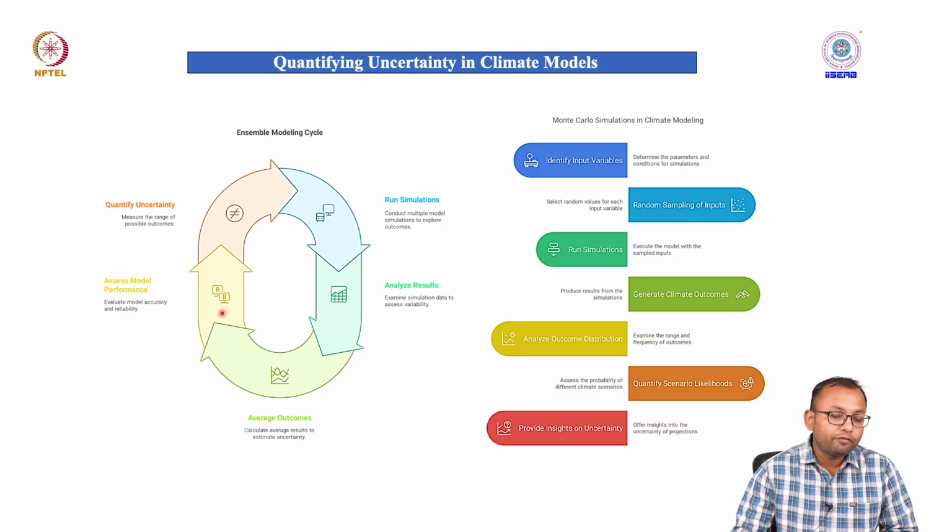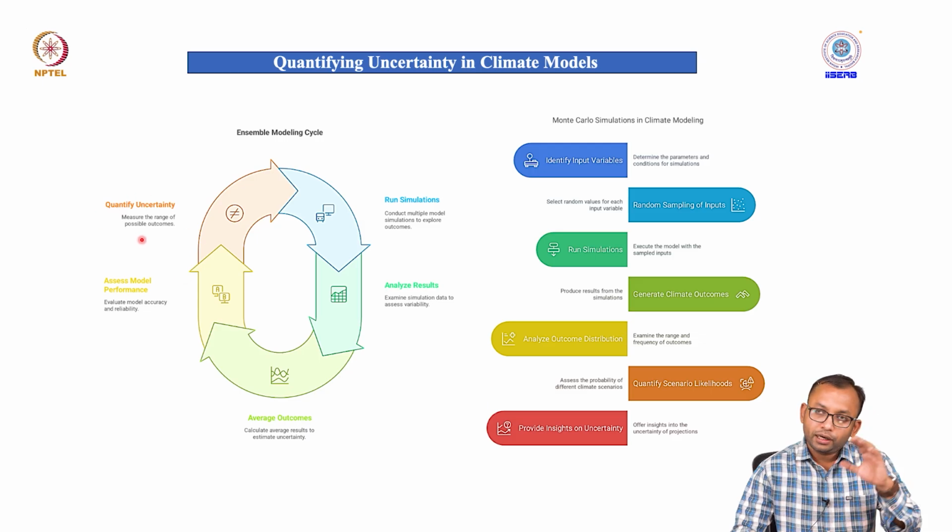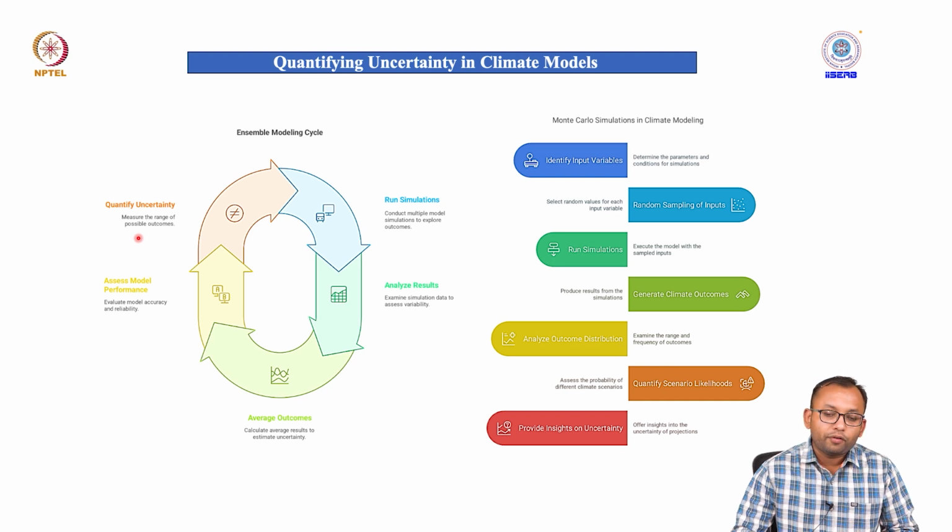Once the reliability of the model in the historical run is confirmed, then we can quantify the uncertainty in the historical period. What is the uncertainty in the model predictions in the historical record or historical time period. Once we are able to quantify, we can also quantify the uncertainty of the individual model as well,